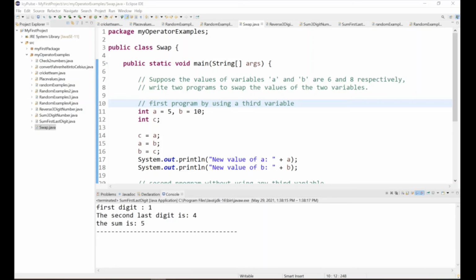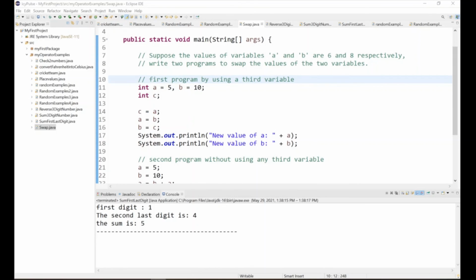So you switch the pens around, you move one of the pens to the left, and then you put the pencil on the right, and then you shift it to the other pen, and you shift that to the left, and you get the new values, which are the swapped values, if you get what I mean. So we're going to print out the new value of a plus a,